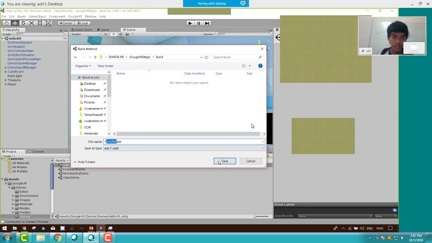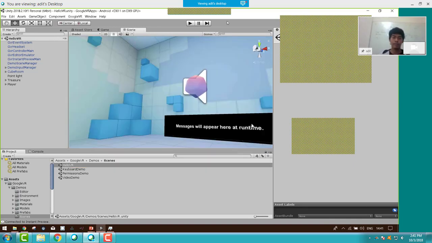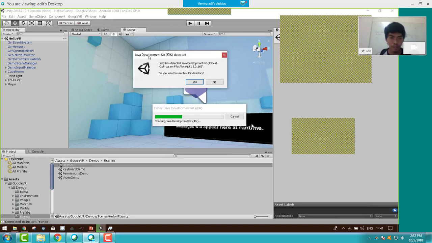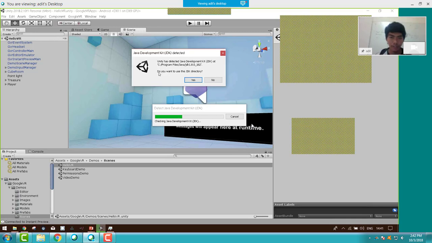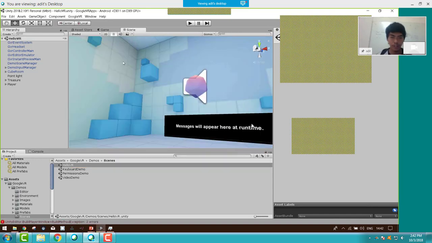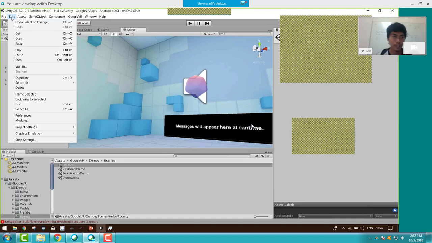As we can see, first VR apps, and we can press save. If you see something like this, Java Development Kit JDK not found, do you want to use this JDK directory? You should say yes. But if you see that you don't have your JDK directory, you can set your JDK, or Java Development Kit, using Edit,